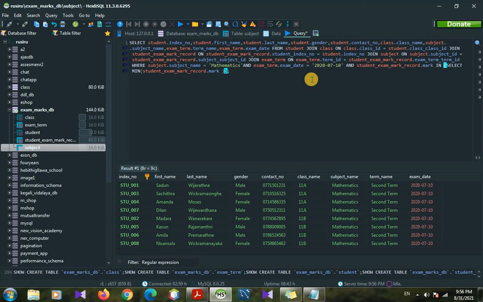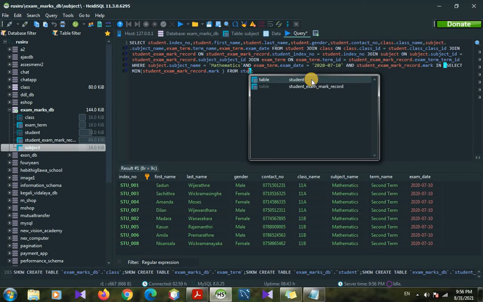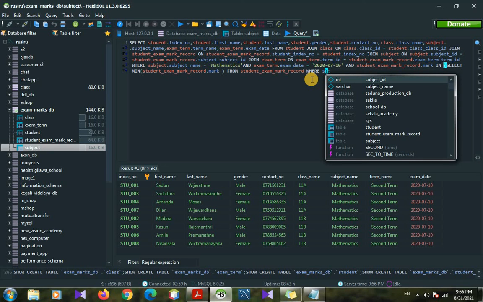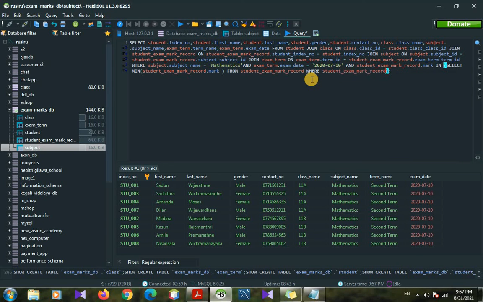Then we can give where we should search, as from student exam mark record table where student exam mark record dot subject ID. We are giving the subject ID because we should use the subject mathematics, then we can use subqueries here.